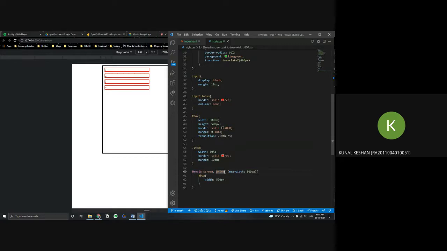Media queries are basically what help make a page responsive rather than the relative unit. Using media queries, you can target what type of screen. You can even target the resolution, like if the screen is color, then you can put and color like this. You can target the size of the screen as well. Using this, you can specify what type of style to apply to a particular device based on certain parameters that I've shown you over here.